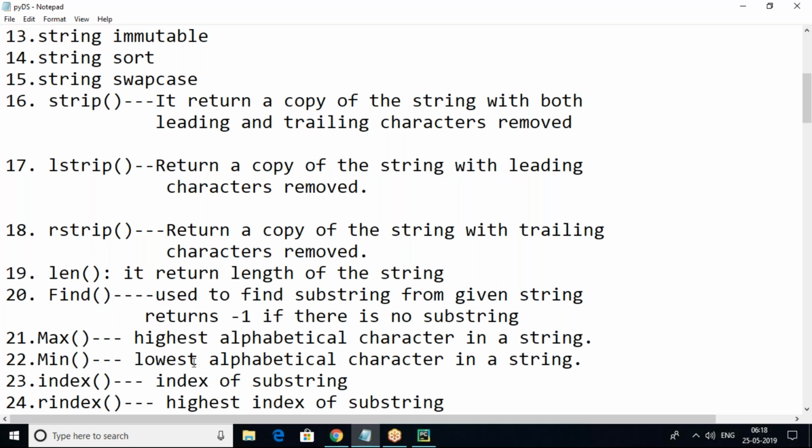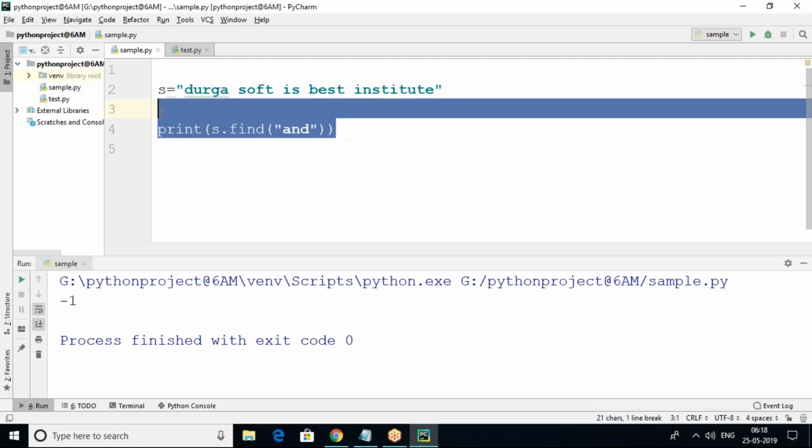The min method will return the lowest alphabetical character of a string, and max returns the highest alphabetical character. Max and min. Suppose here